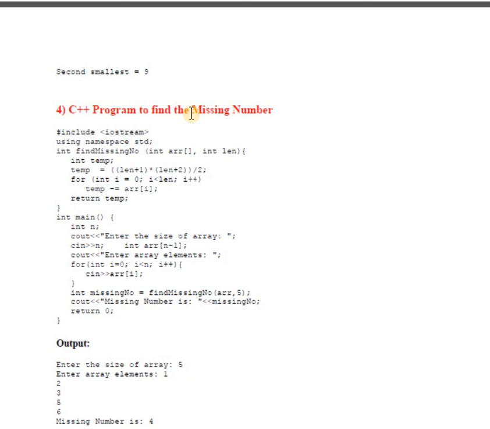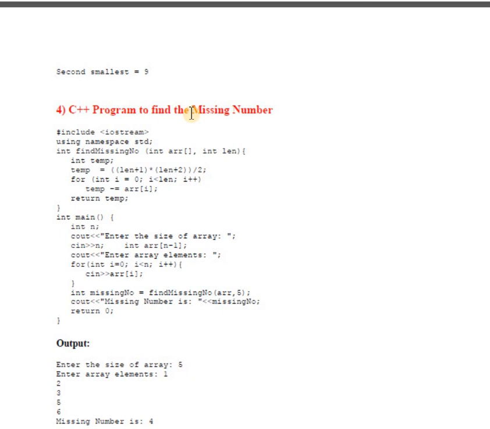What is the logic behind that? Here we use the logic that the sum of n integer numbers is n into n plus 1 divided by 2. Here we are missing one element, which means we should replace n with n plus 1. So the total in our case becomes n plus 1 into n plus 2 divided by 2.